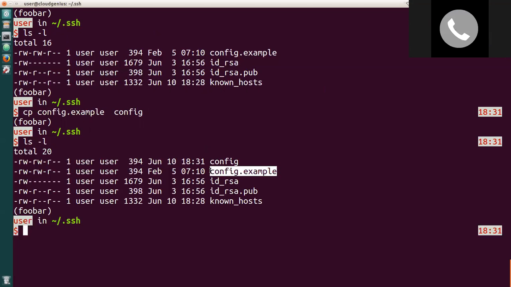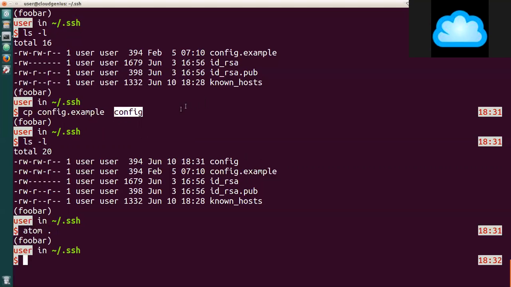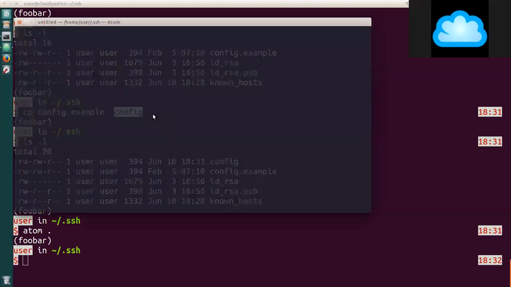So we copied the example into something that we will edit now. So we will edit this config file, which is a copy of the example. I just copied the example into this file, and I want to modify this config file now. So I'm going to open an editor and edit that. So the editor is opening up,